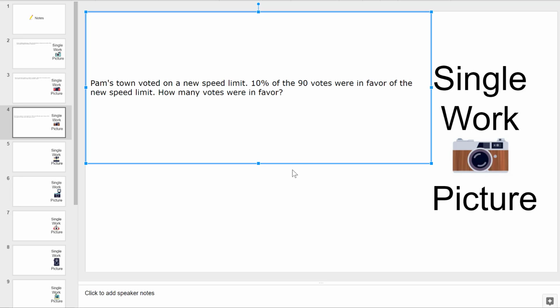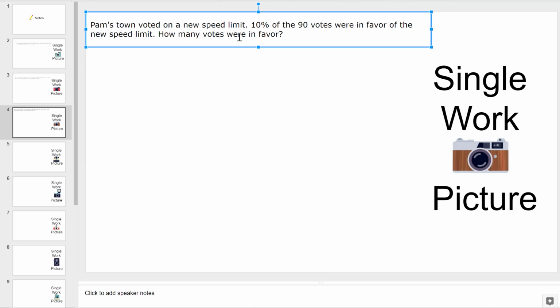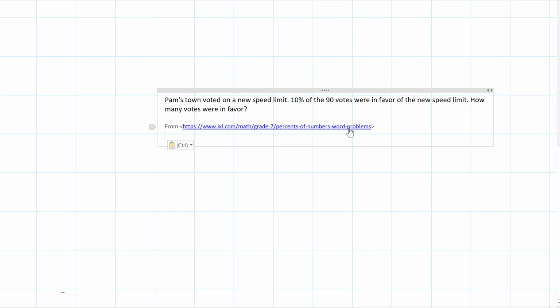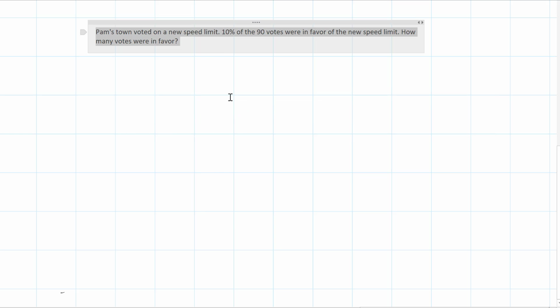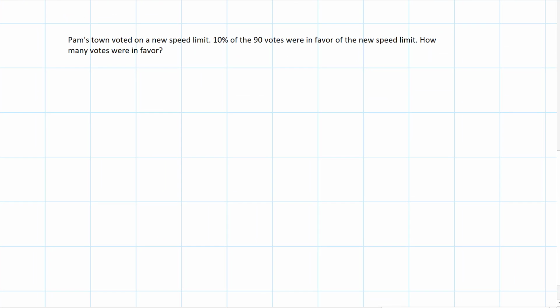and that just uses Control V to paste, and then try to put it toward the top of the slide so that we have room for our picture of work. And now we're going to do the work, and so I'm going to put my question, and on your graph paper what we're going to do is we're